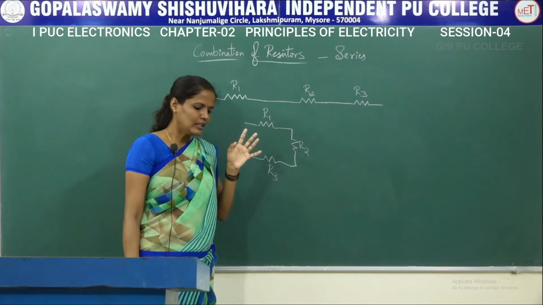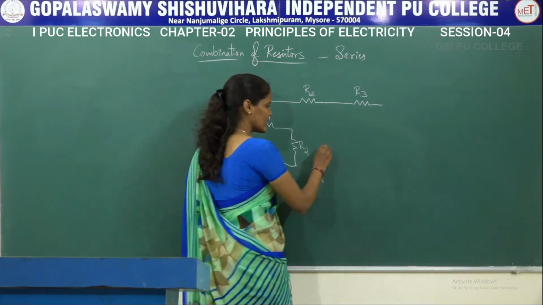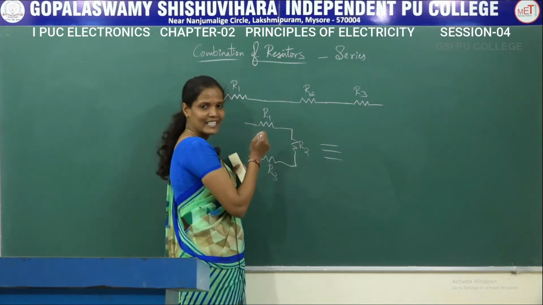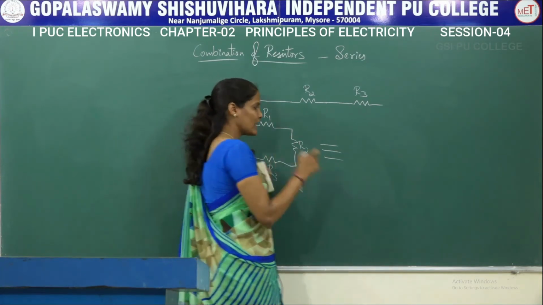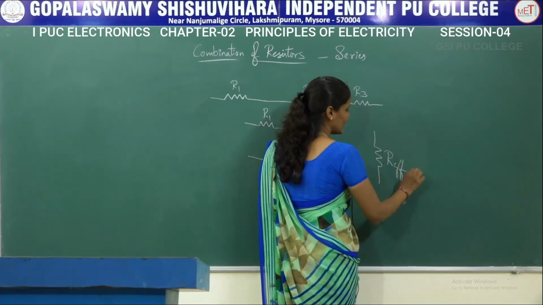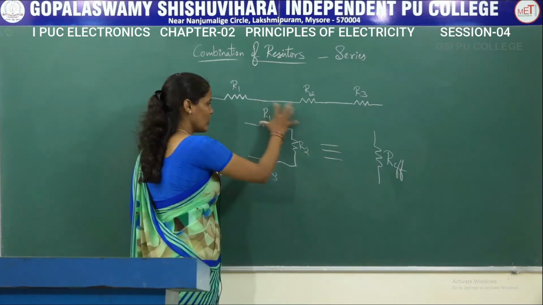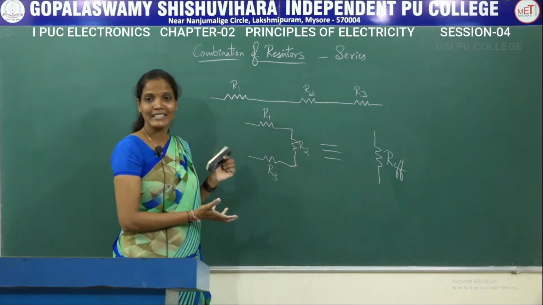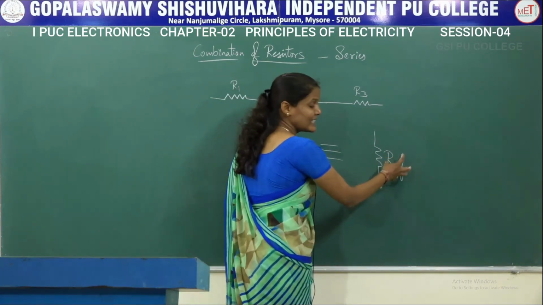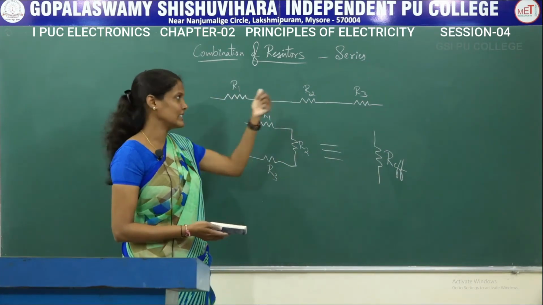So how to find the single resistance value when these 3 resistors are given? Out of these 3 resistors, I have to end up with one single resistor whose value will be named R effective, equal to the effective value of these 3 resistors. So in place of these 3 resistors, I have to place one single resistor. Let us first see how to calculate that R effective.